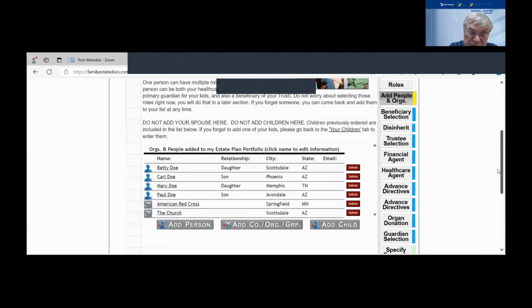One's called per stirpes, S-T-I-R-P-E-S. Latin is per stirpes. And the other one is per capita, P-E-R C-A-P-I-T-A-E. I don't know if these are on there or not. Some of y'all have seen how bad I am at spelling. I don't know whether there's an E on there or not, but